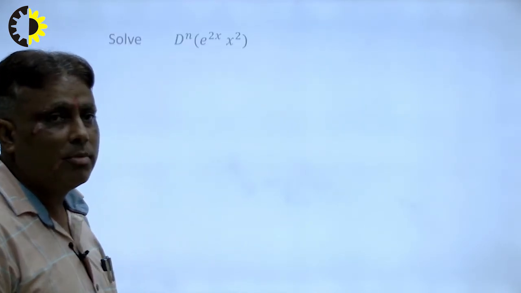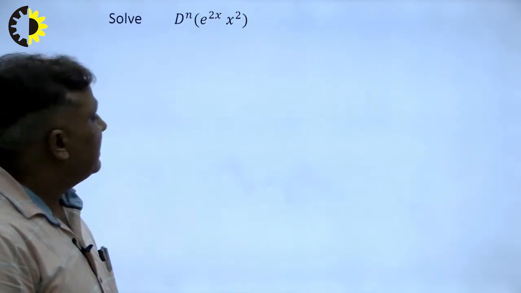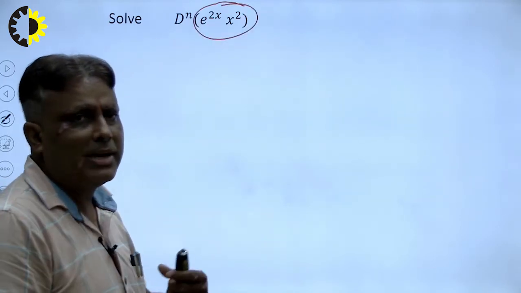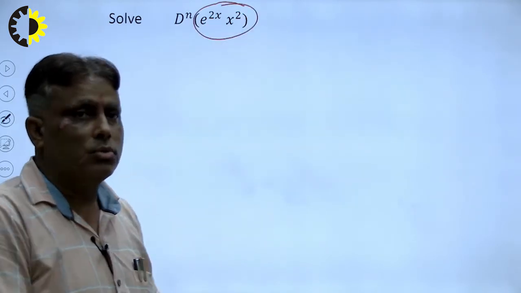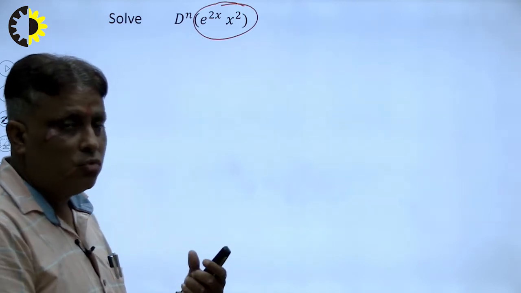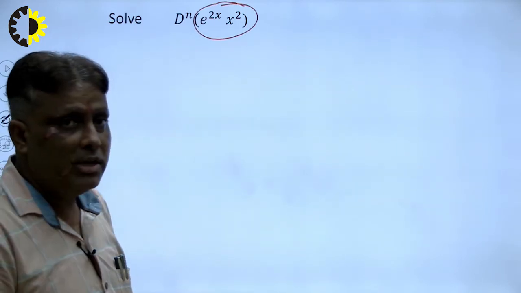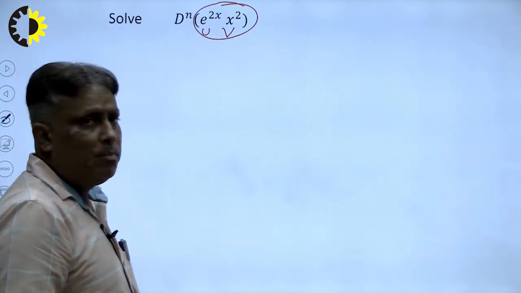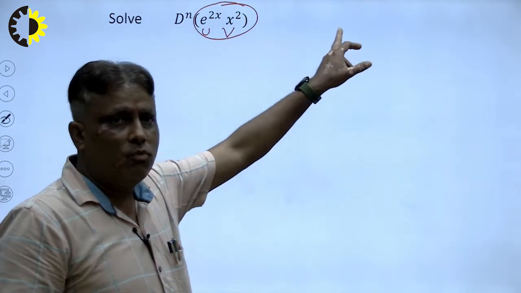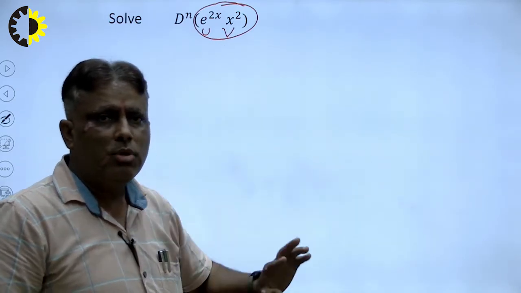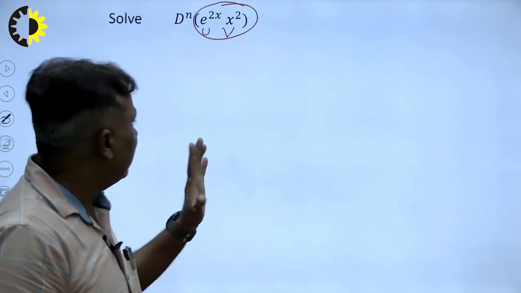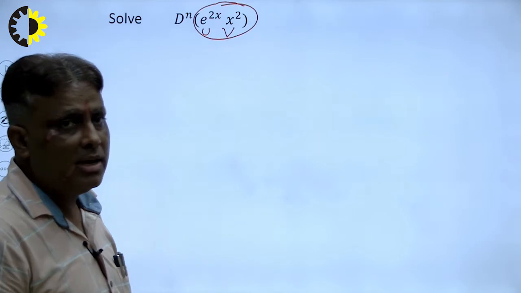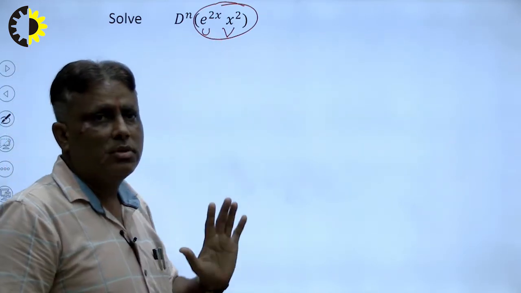Now we consider a problem, right? The nth derivative of these terms. There are two functions, so we apply the Leibniz theorem here. But how? Because in the Leibniz theorem there are two functions u and v. So this will be v and this will be u. Why? Because the differentiation of x square: first time 2x, second time 2, and third time 0. So the differentiation of x square goes towards 0. So this will be v and the second function will be u, right? How to apply?